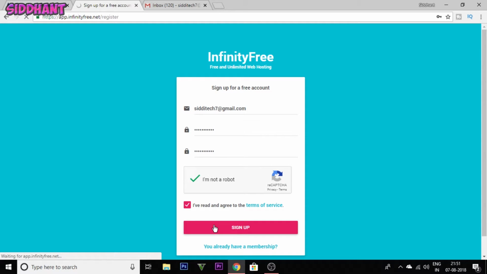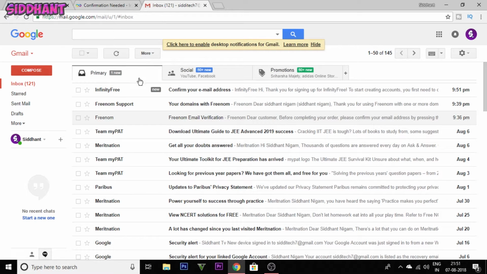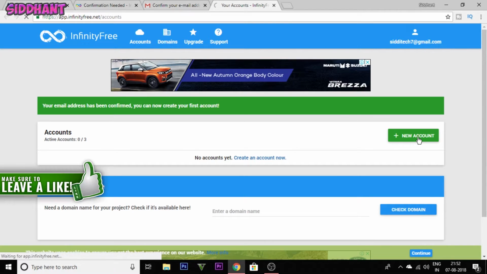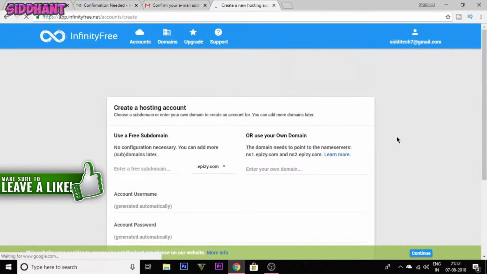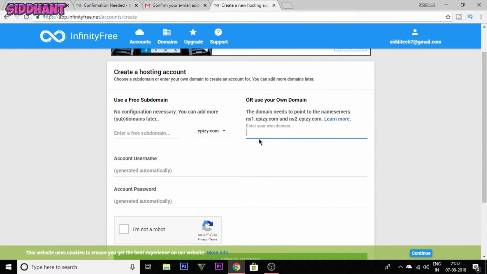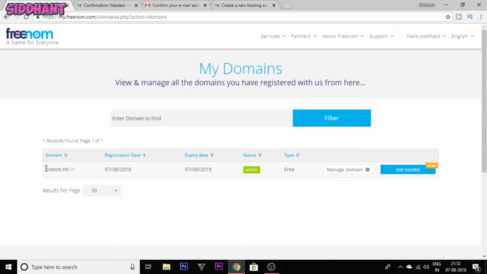So as you guys can see, this is the email. You just have to click on this green button and you are good to go. Now once you have done that, click on this new account button. As you guys can see, click on this new account button and put your domain here. So the domain that you got for free, put that domain there. So just copy it from here